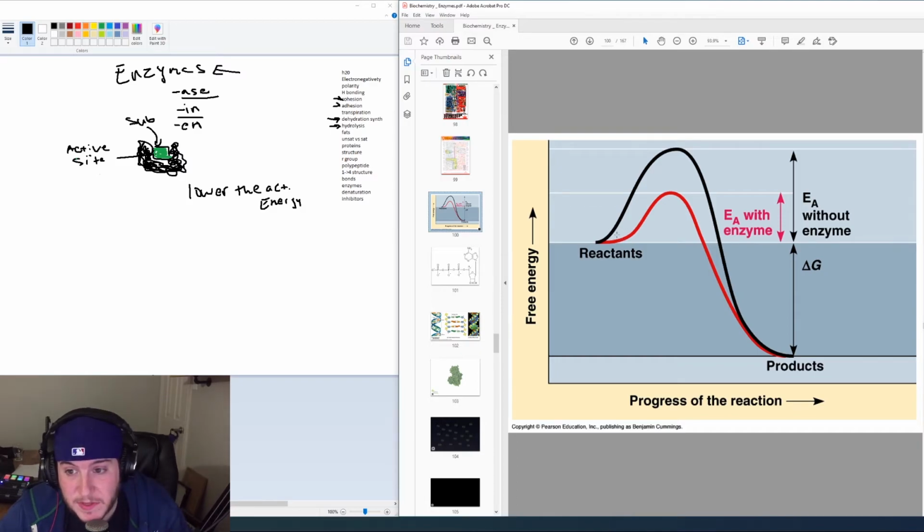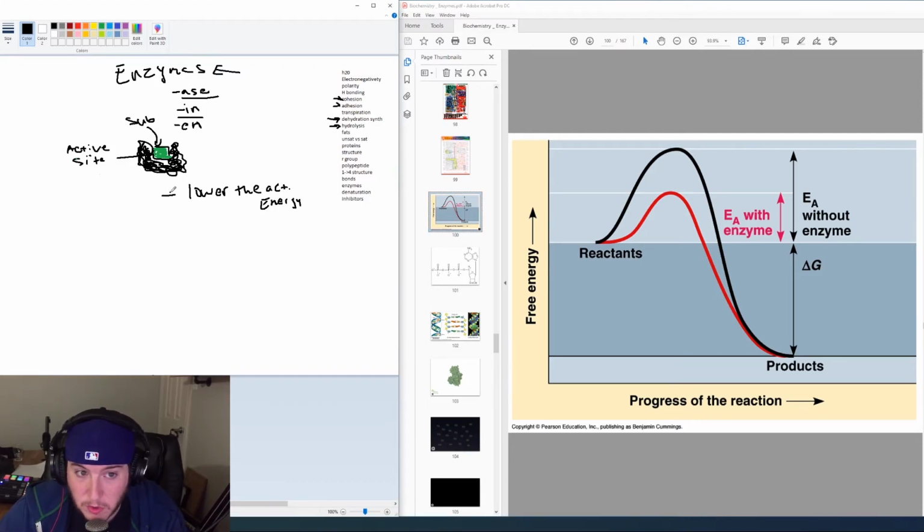And the other reason I think that is because if they give you a specific graph and then ask you questions over that specific graph, that's not something you can Google. Okay, so they're not going to ask you, how does an enzyme make a reaction go faster? Because that's a Googleable fact. You can just Google up lower the activation energy. But if they give you a specific graph that says this specific enzyme has this graph,